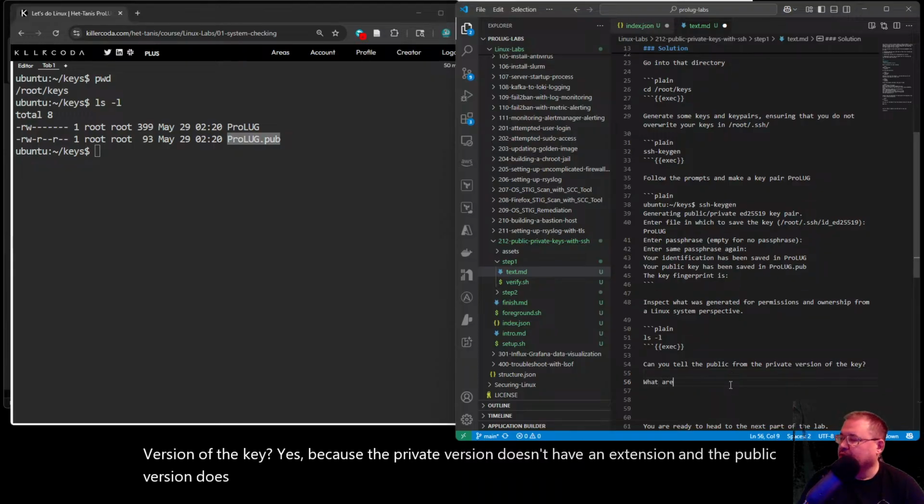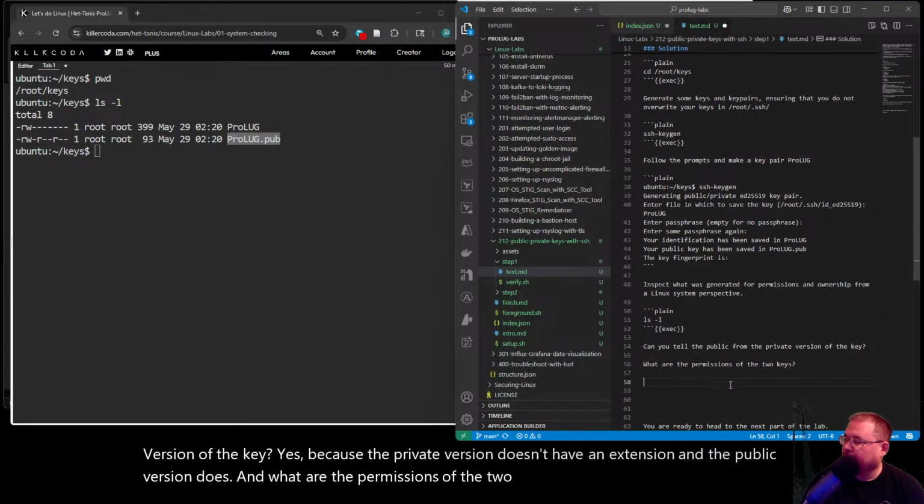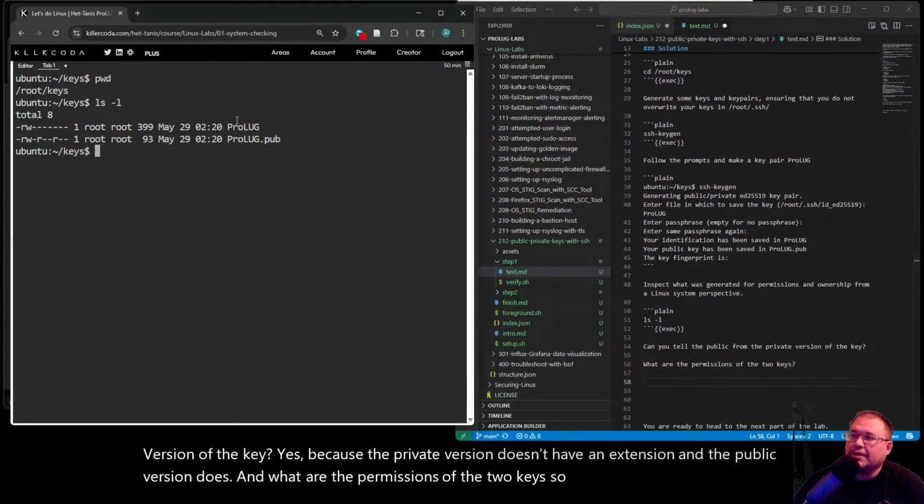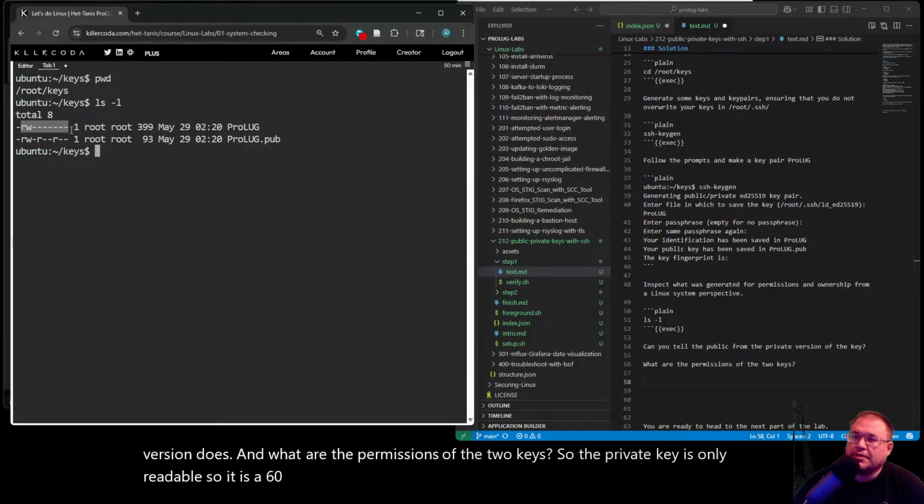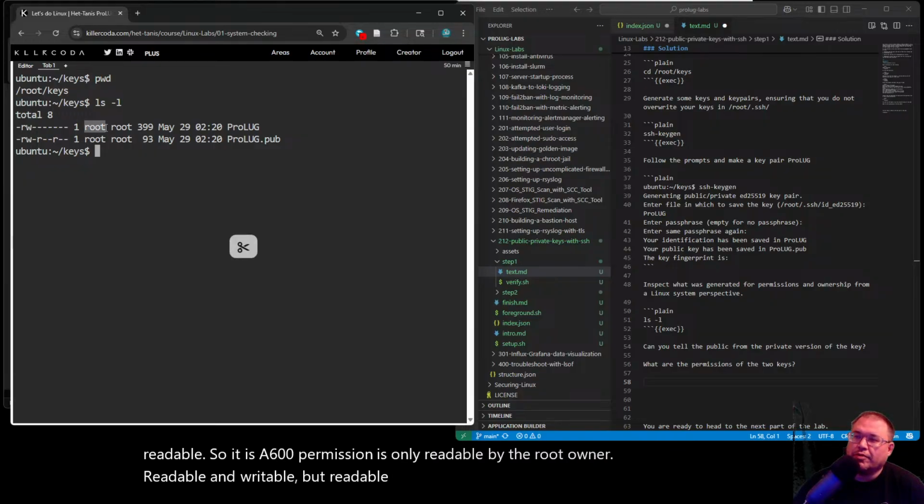And what are the permissions of the two keys? The private key is 600, so it is only readable and writable by the root owner of that file.